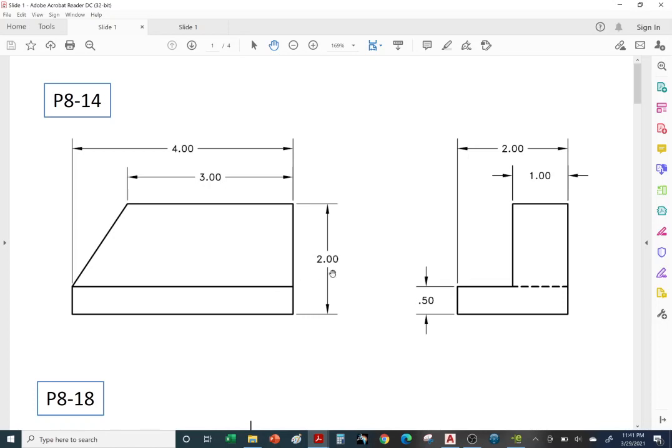Okay, so now we have the dimension of 2. Okay, so the bottom is our datum. There's more surface than the top, so more surface on the bottom. So we'll set this as our datum, and we're going to dimension bottom to the first step and then bottom to the next step. Okay, in this case, instead of having the 0.50 over here, it makes more sense to have the 0.50 inches on this side,